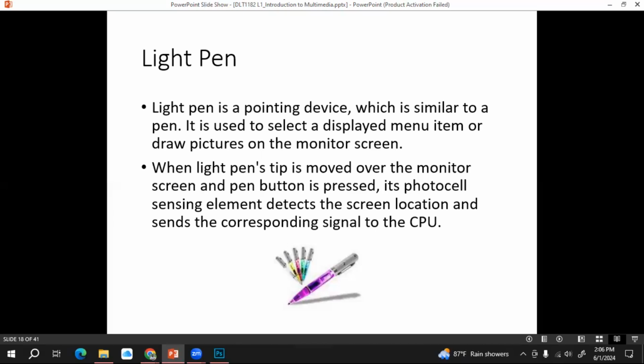Once you touch the tip on the monitor or the screen, it can detect the element or the location on the screen you are touching, and the system can perform corresponding operations. It is very easy to insert images and graphics into a specific device, right?